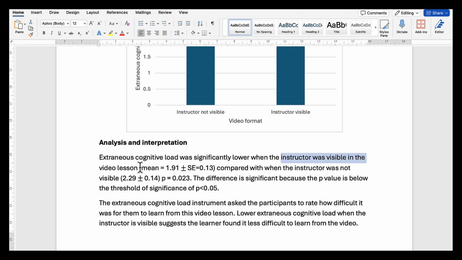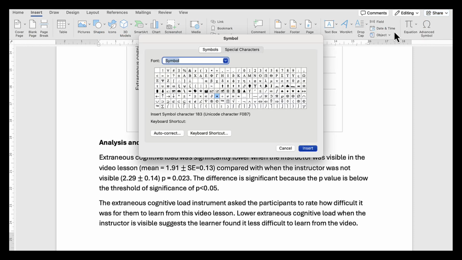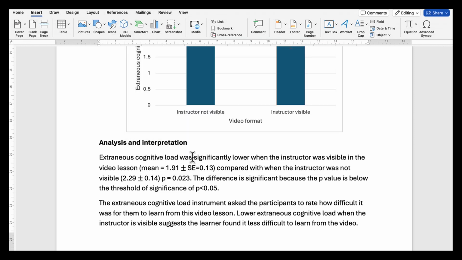And then I'm saying what the mean was, plus or minus, and I'm sure you know how to do plus or minus, but I can show you. Insert, advanced symbols, and you will find plus or minus just there. Okay, plus or minus, and then we're saying this is the standard error. Now I'm saying this specifically the first time, and then after that I'm not saying it. So it's this condition compared with the other condition, and then state the mean and standard error, then state the